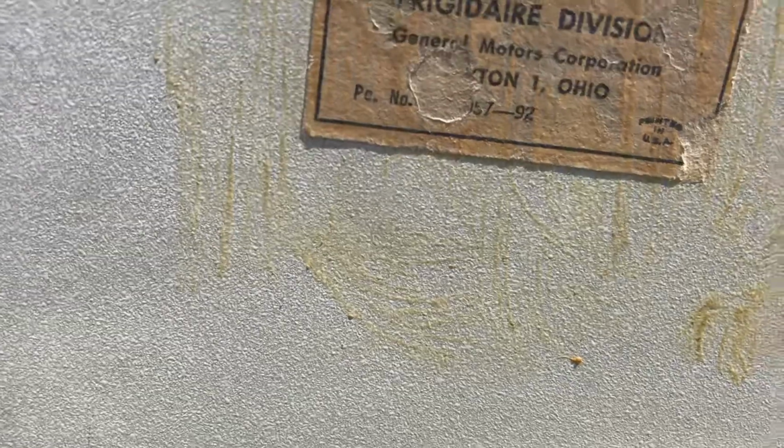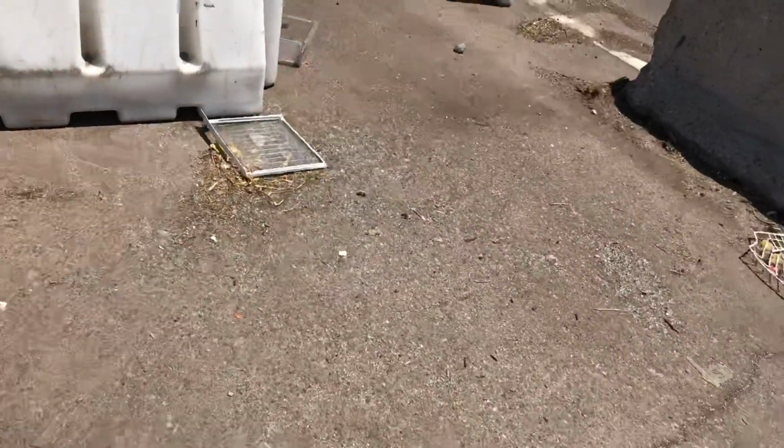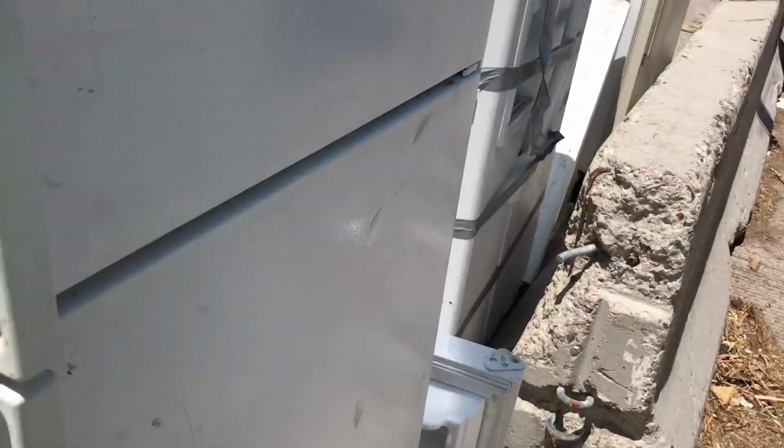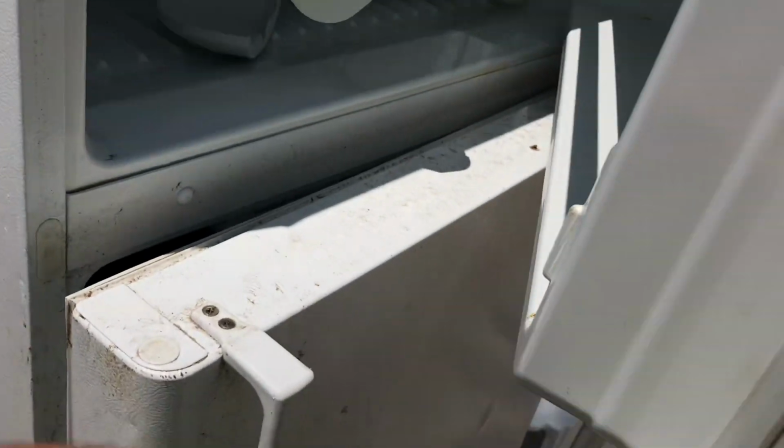Bunch of patents, General Motors. I'm guessing it's at least like 30 years old, but I could be off. It could be more like 50 years old, I don't know. It looks kind of old. Not good right there. Yeah, these are all junky, you know. It's like an old school, real classic looking fridge